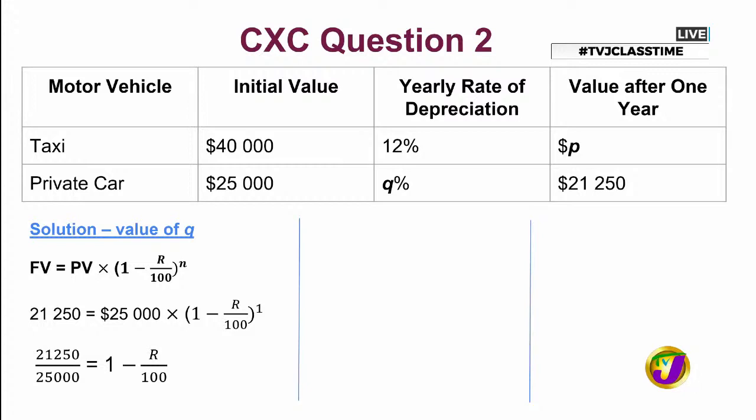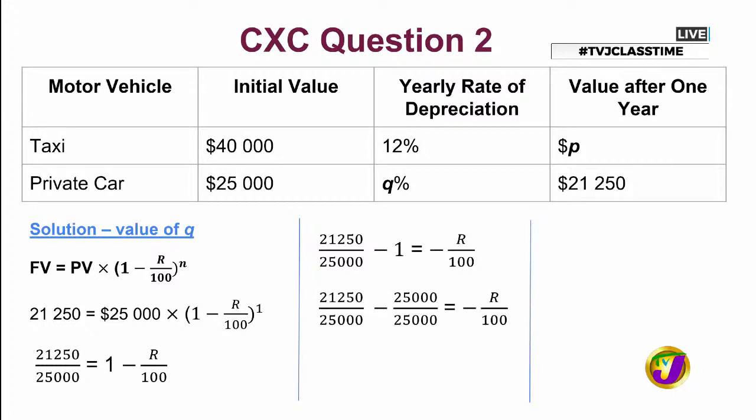All right, so let's continue, still on our mission to get R to be the subject. We noticed there that we had a 1 being added on the right-hand side. And so, in order to ensure our equation is balanced, we subtract 1 from both sides, in our quest to make R the subject. That's right. So that's how we ended up at that point.